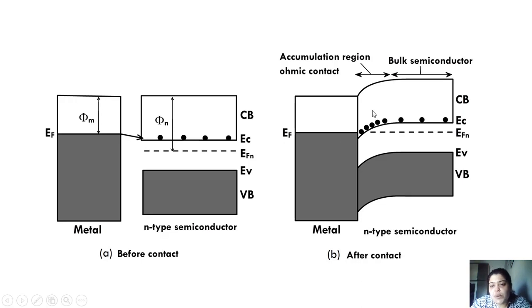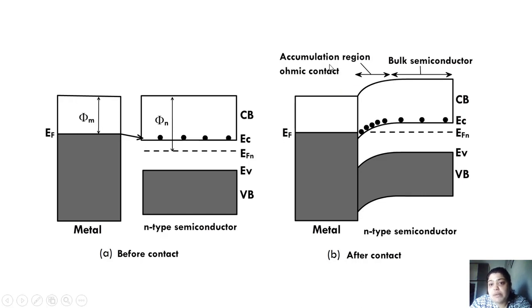Also, the metal is going to give its electrons to the semiconductor. Because the metal has a huge carrier density, its donating capacity is more, but the semiconductor's accepting capacity is less. So if this is the flow of electrons from metal to semiconductor, there will never be a shortage of electrons exactly near the junction. No region would be there which is devoid of charge carriers. It will always have electrons as charge carriers present. So unlike the Schottky junction, here we are getting an accumulation region.